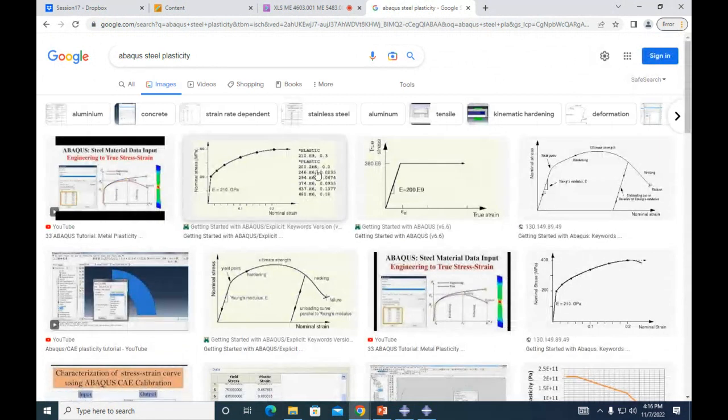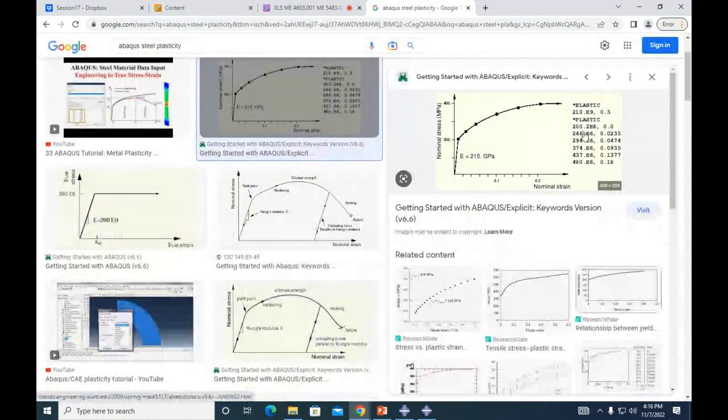That's how I grabbed this one. Here it is showing that curve that we are using. These are the values that I'm using here. For the elastic part, we know that the elastic modulus is 210 gigapascals. And then I only added these 5 points here. And this is our true stress-strain curve.